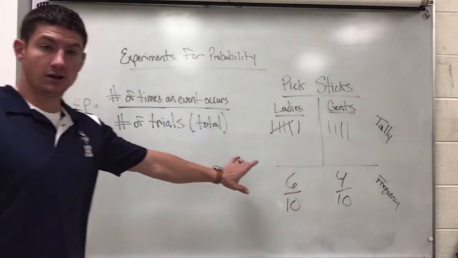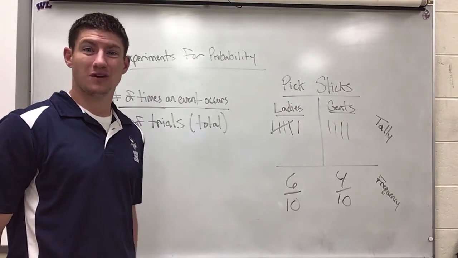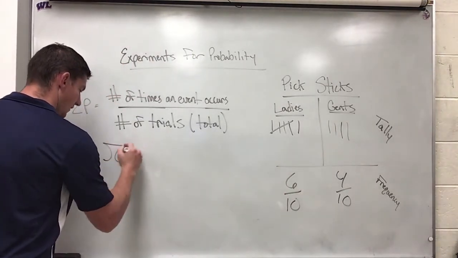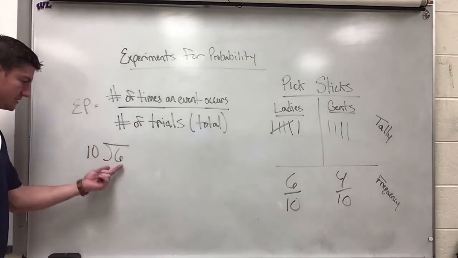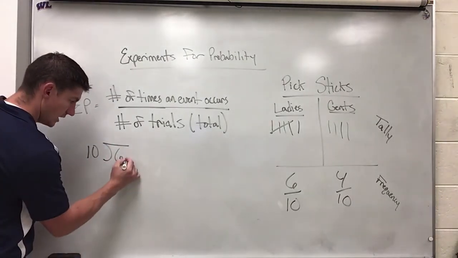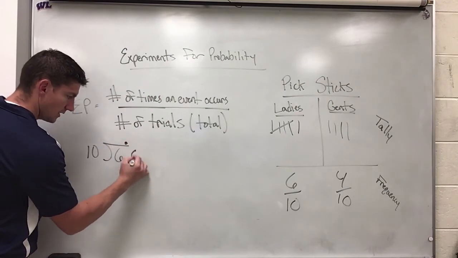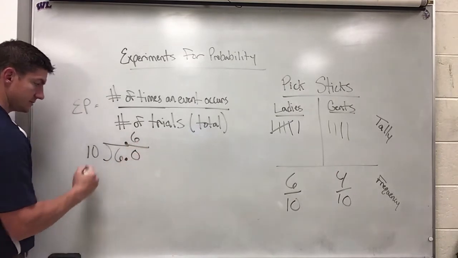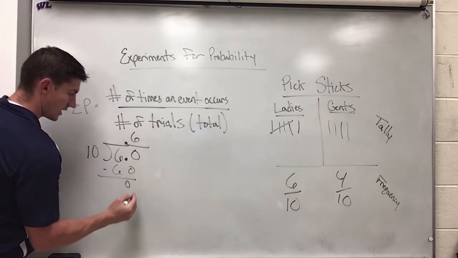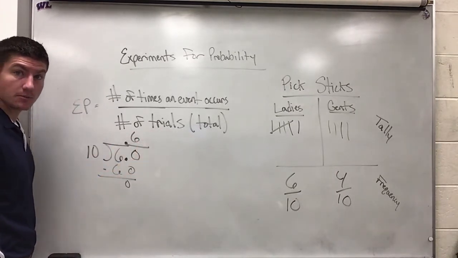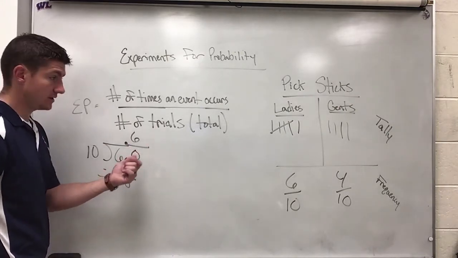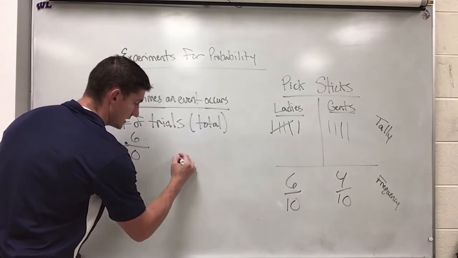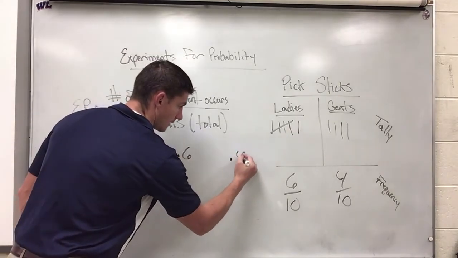To turn the fraction into a decimal, you divide the numerator by the denominator. In this case, you would say, what is 6 divided by 10? We know that 10 doesn't fit into 6, so it creates that decimal for us. I add a decimal and a 0 to start that division. 10 goes into 60 6 times. 10 times 6 is 60. Subtract, 0. 6 out of 10 is 0.6. That means that 4 out of 10 is going to give me 0.4. So as decimals, I'd write these like this, 0.6 and 0.4.